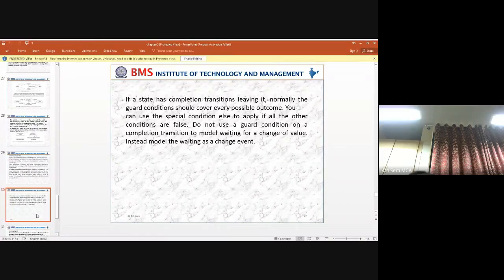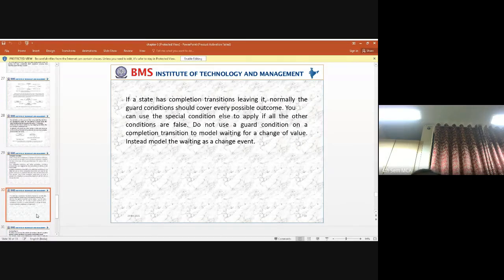So the next thing is, if we are using a state diagram, what are the different conditions that can be taken care of? What are the guarded conditions? How are you applying the guard condition? What happens if that guard condition is false? Whether the system has to move back to the original state, or it is going to affect the model, or you need to try to change the value of a model.